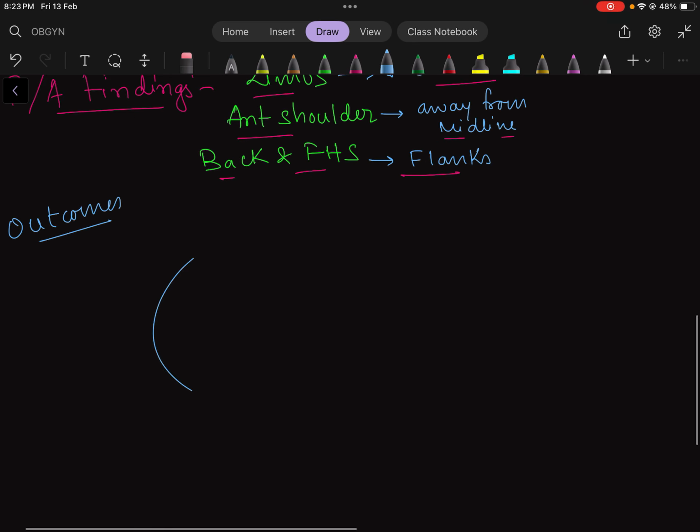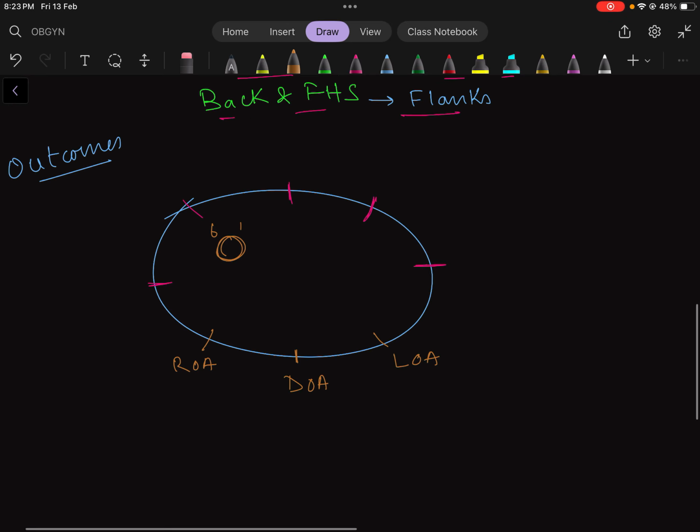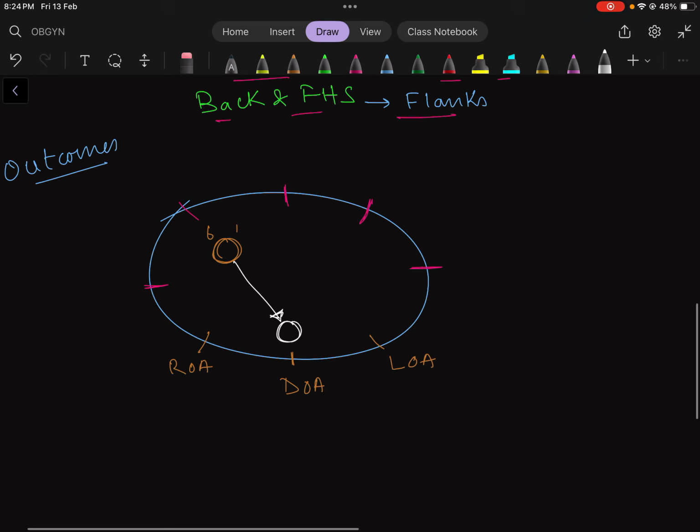So if this is the pelvis, and say 6 here, it's the most common position, so here the occiput is present, and this is DOA, this is ROA, and this is LOA. So we know for any part to develop, it has to exactly come in this position, that is direct occipito anterior. So in order for it to come from this initial position to this final position, it has to come